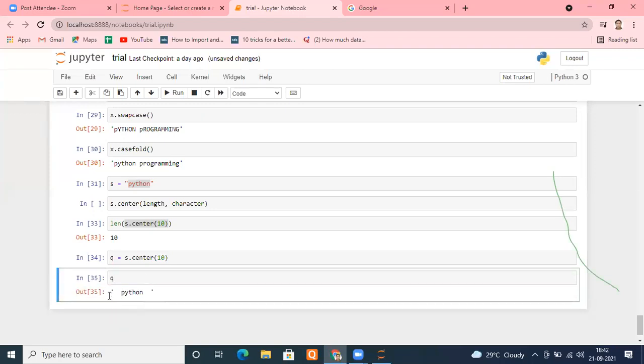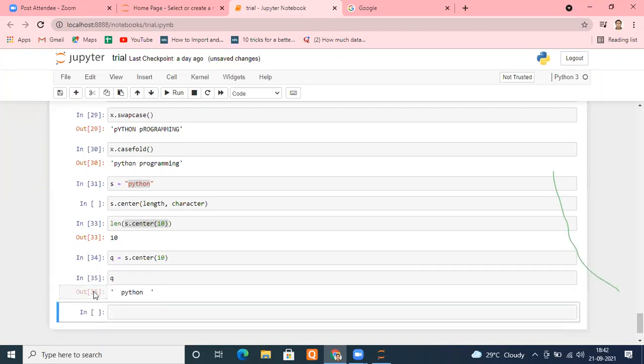What is q? Q is simply this Python. I want to check where the P is inside q, at what position P is. So for now, I'm using a function known as find. I'll come to this function very soon, within 3-4 minutes, but for now, understand that.